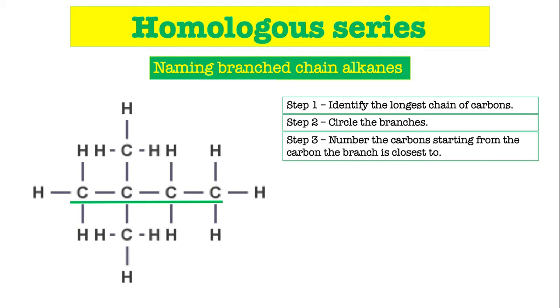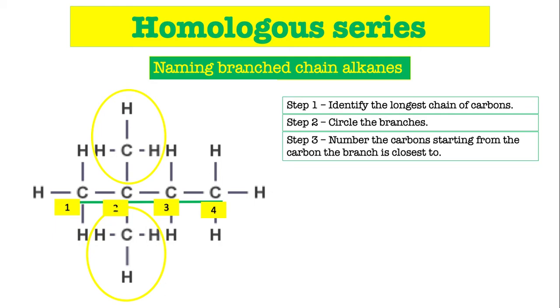So looking at this line of carbons here, the only 2 branches I can see is this one up here and this one down here. The next step is number the carbons starting from the carbon the branch is closest to. So on this line of carbons, I wouldn't start numbering it from here because the branches are away over at the left side, so you start numbering from this carbon here, so it would be carbon 1, 2, 3, 4, and then you are ready to